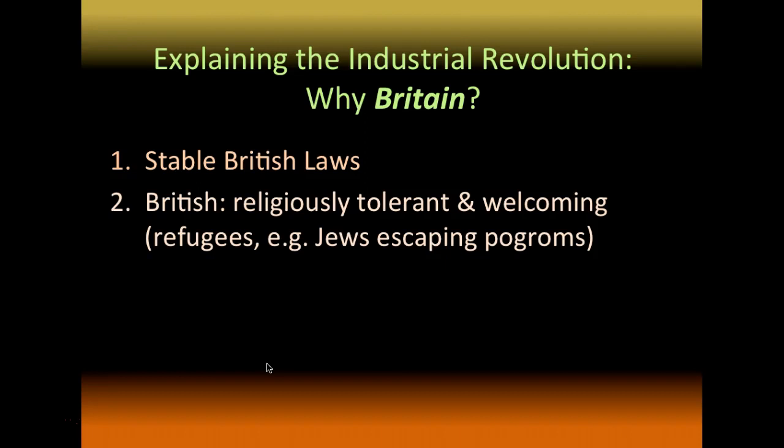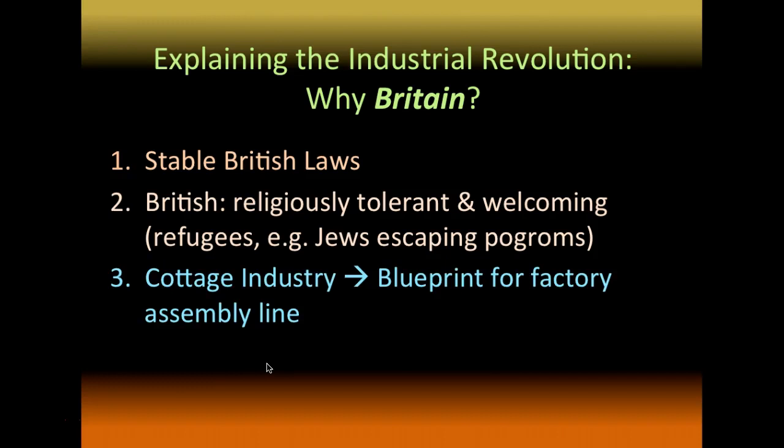And why were the Jews targets? We'll talk about this more later, but basically they're seen as a different group of people, and anything that's different is bad. And so the Jews are persecuted pretty severely in Russia, and they flee, they run, literally run across the land, and end up going to Britain because they feel the least threatened there, the most welcome there as compared to other parts of Europe or the Eastern Hemisphere.